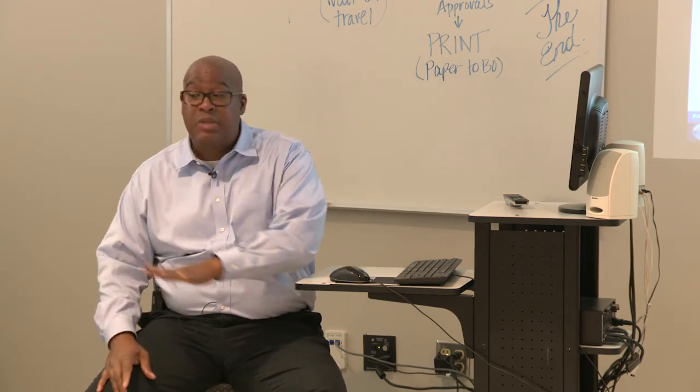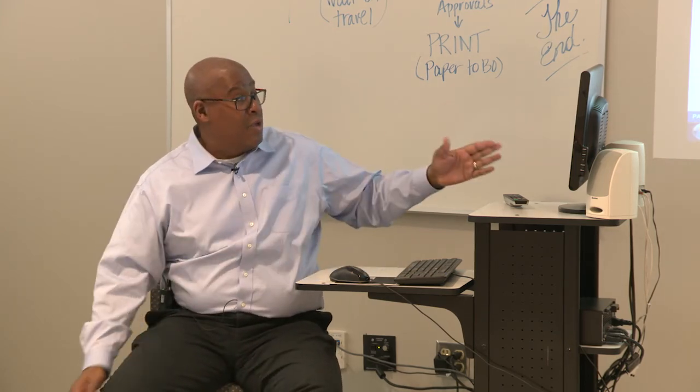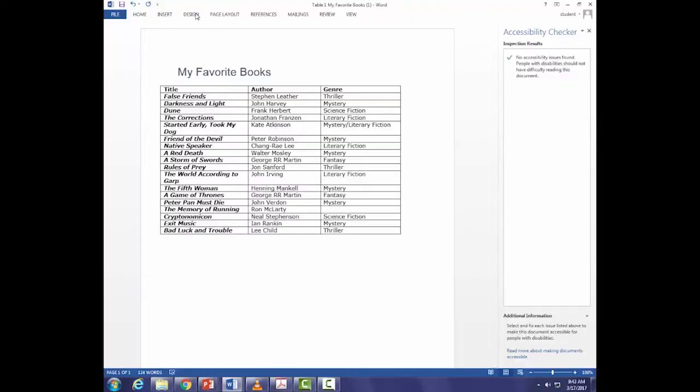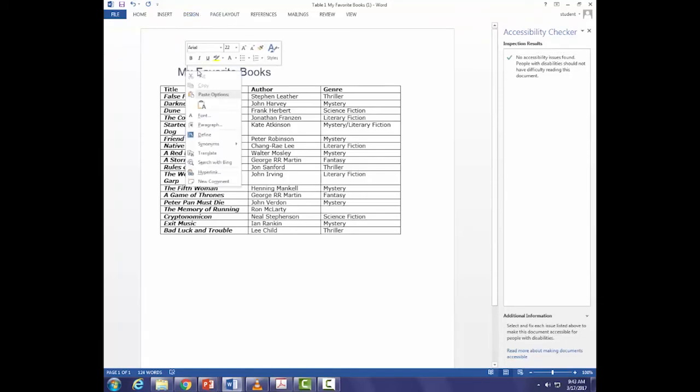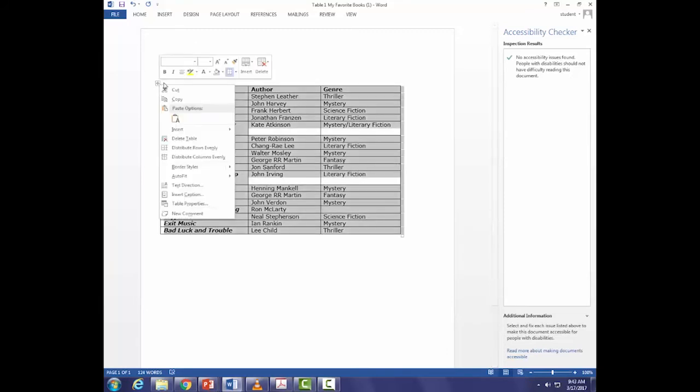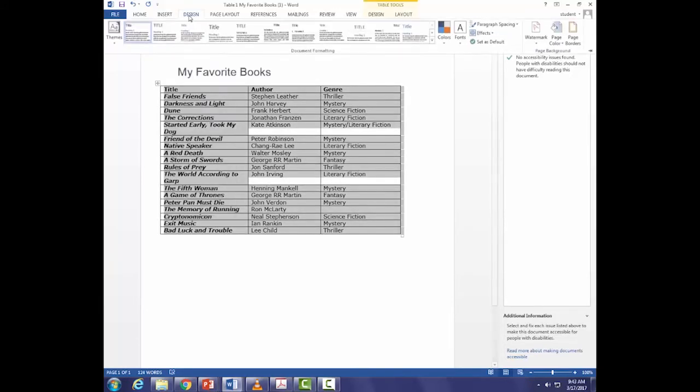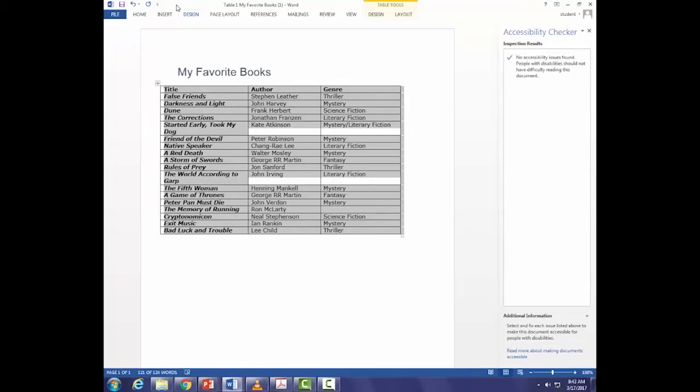Okay. So that's tables. Again, I use that tab test. They're going to read left to right, top to bottom. I can mess with the design however I want to. If I choose this table, this whole table I can design. I can make this table look a little bit different, whatever I want to do.